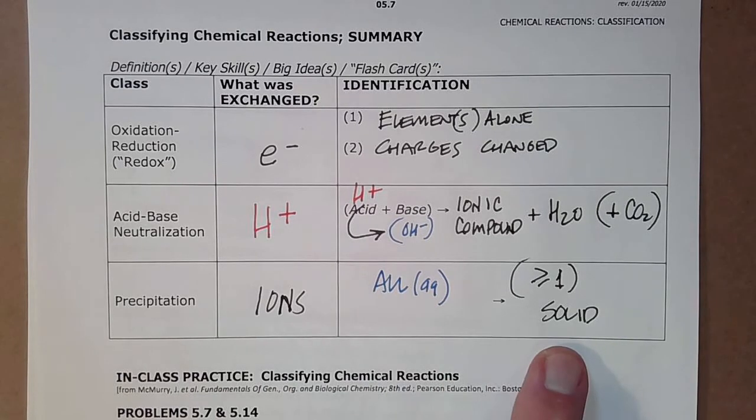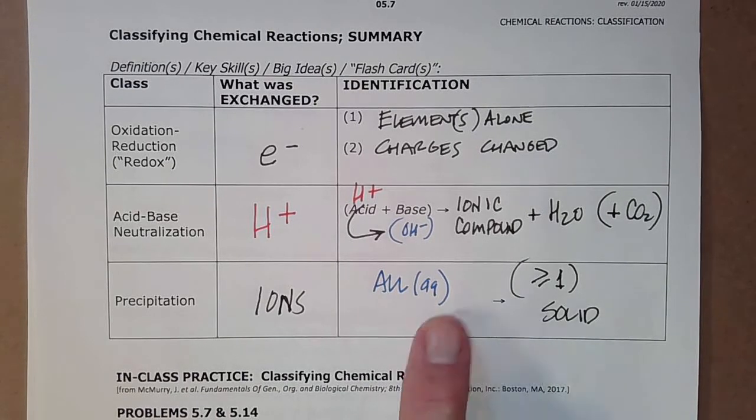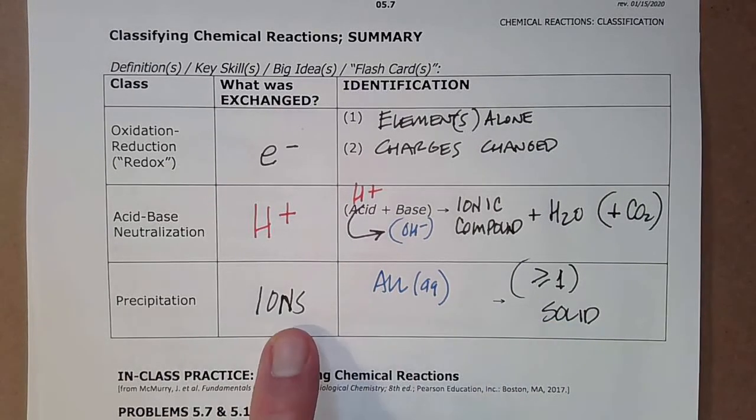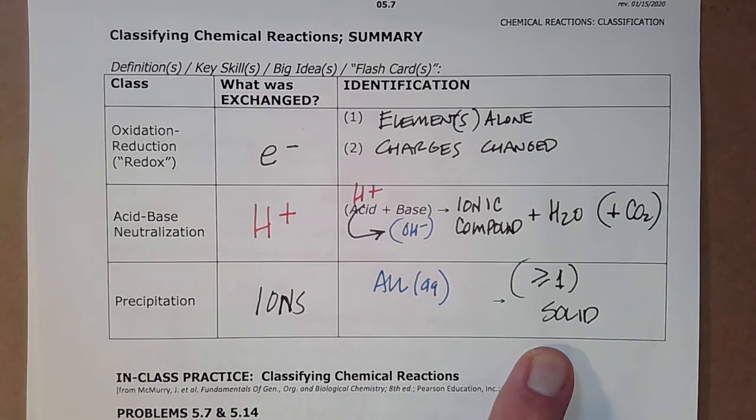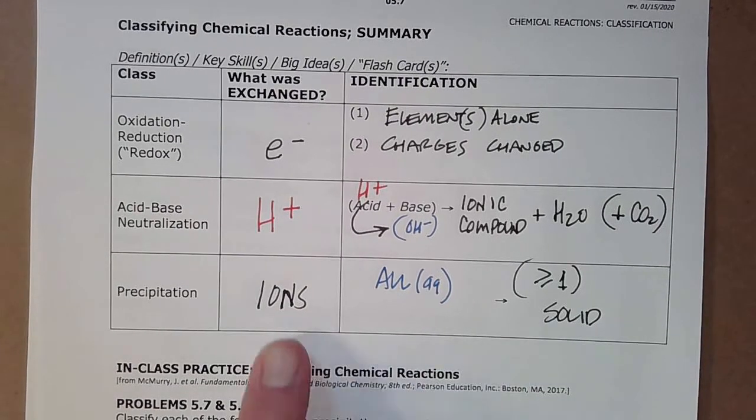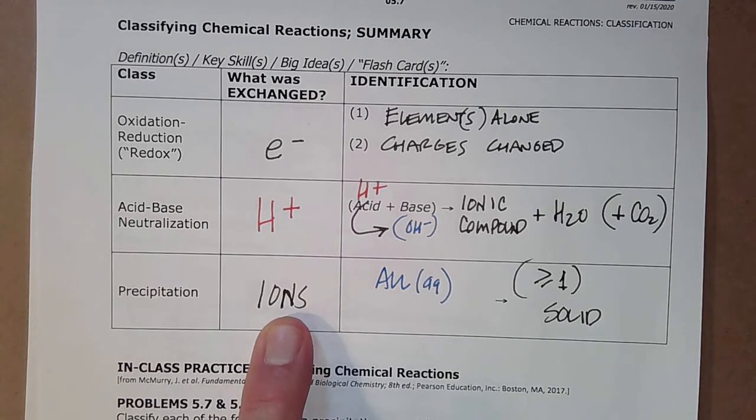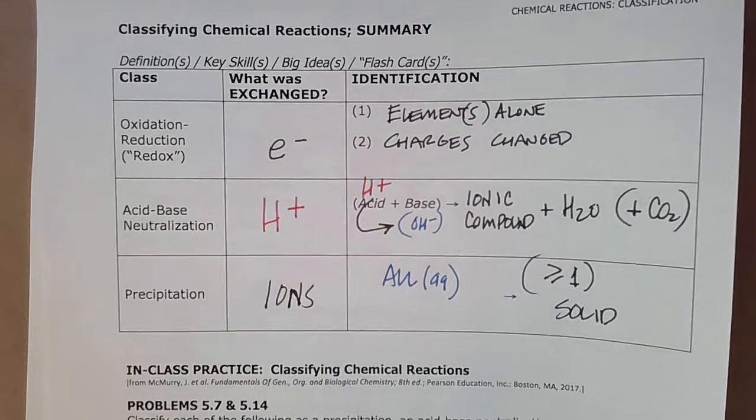And here's how I recognize it. All aqueous go into at least one solid. And how do I know if that's going to happen? Well, I can go back and look at my solubility rules and look at the ions and decide, are these ions that are going to stick together and form a solid? Or are these ions that are going to stick to water and remain aqueous? Now let's go down here then